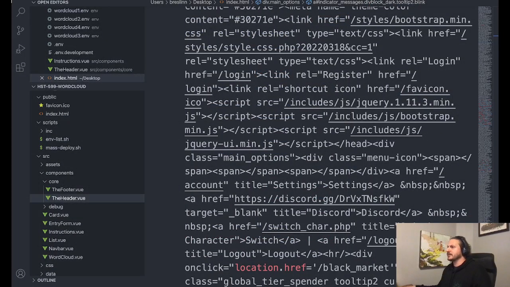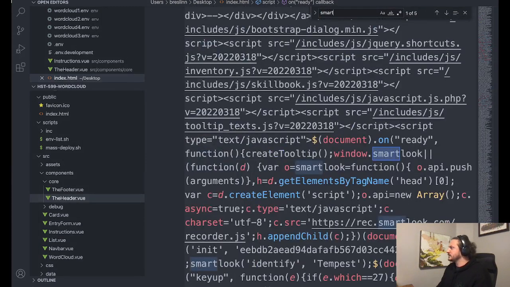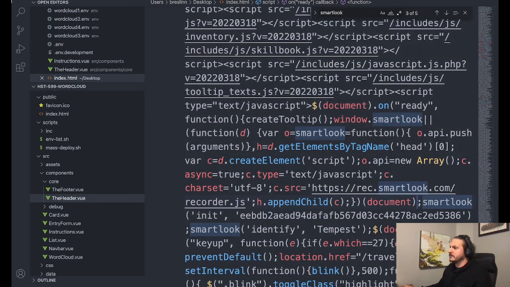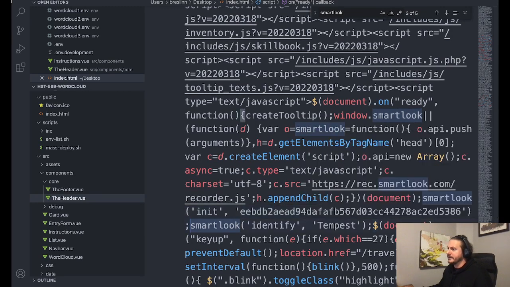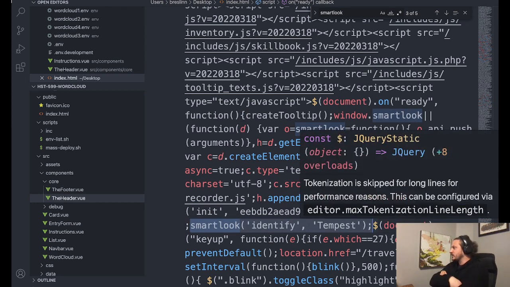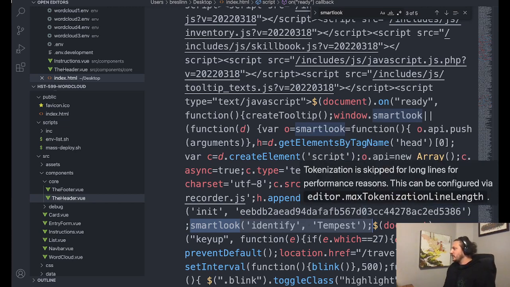If you look at the source code of the game, and you look for SmartLook, right here, you'll see that there's the key for their account at SmartLook, and then they are identifying all the data recorded from my game session as being attributed to Tempest. So I'm like, okay, they are watching me for some reason, and they're recording everything I do and storing it in this thing in which they can play back the session.